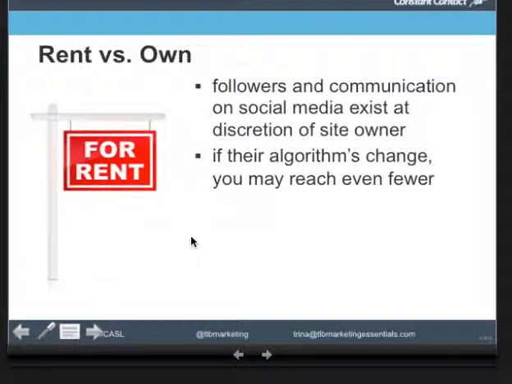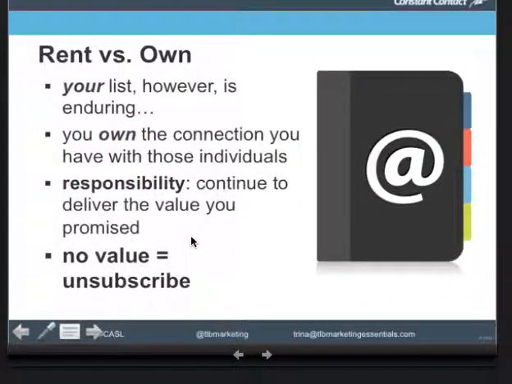And just a quick note: followers and communication on social media exist at the discretion of the site owner. Email lists are just an invaluable tool. If you're using social media, algorithms change. You may reach fewer people at different times. It's basically a rent situation on social media. Owning your list is something that you have worked hard at growing and building. And it's your list,